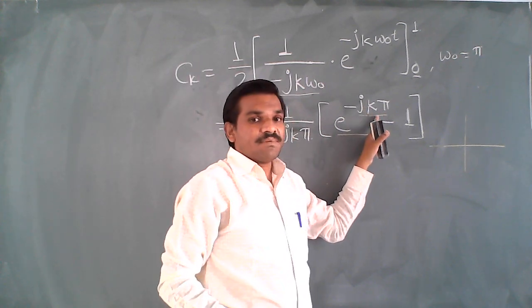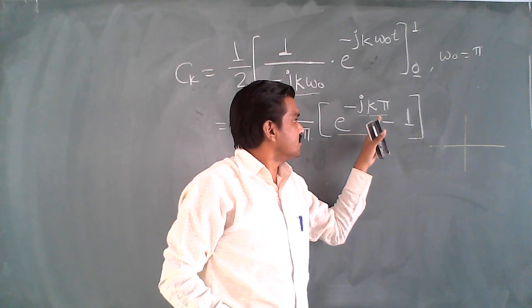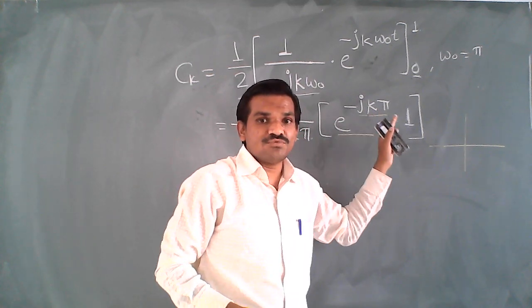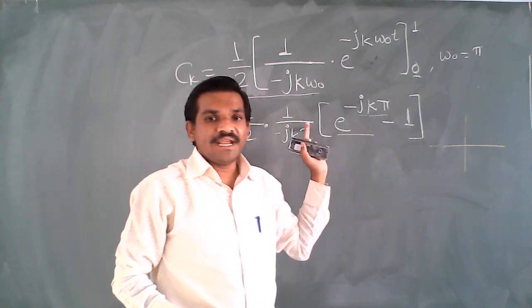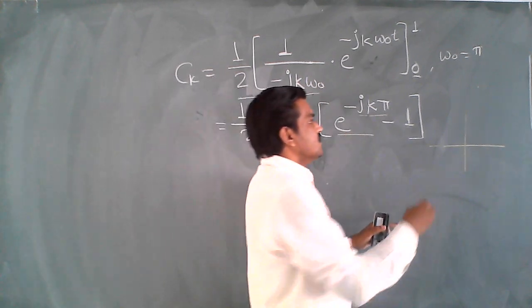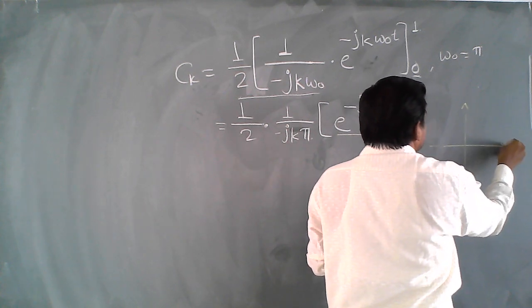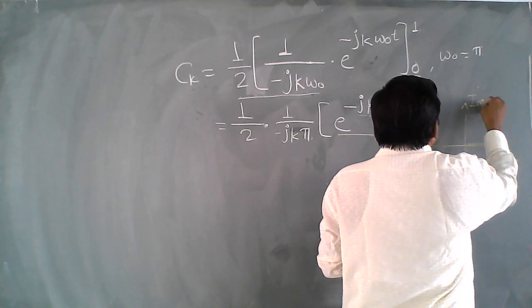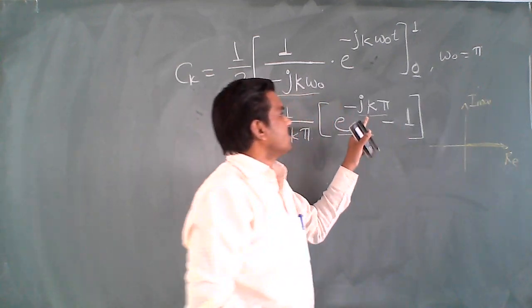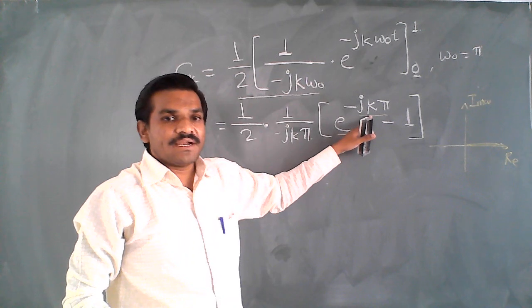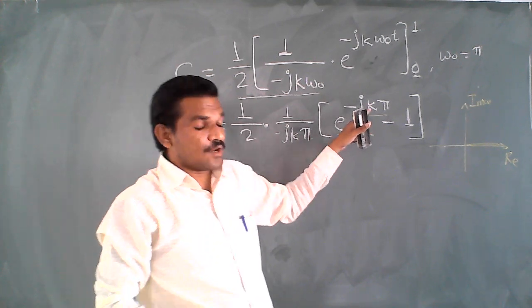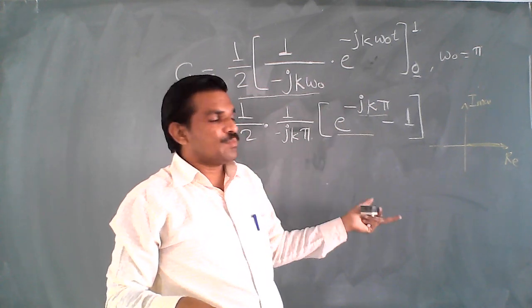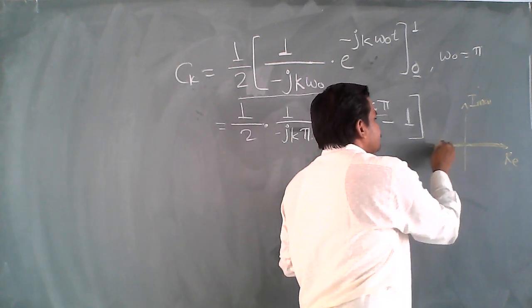So it can be k pi, so it is an integral multiple, where k is nothing but an integer. Okay, k is even, that is 2 pi, 4 pi, 6 pi, 8 pi. So when you plot this amplitude, it will go to this even number on the real axis. And when we plot this k pi term on the imaginary axis, for odd k, that means 1 pi, 3 pi, 5 pi, 7 pi, it will be on this side.